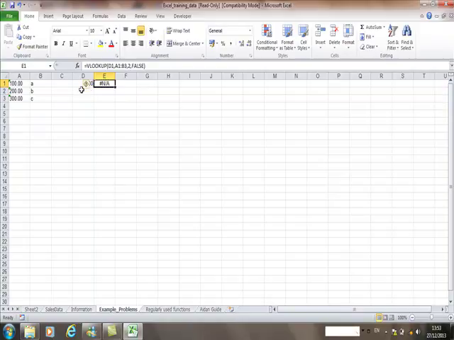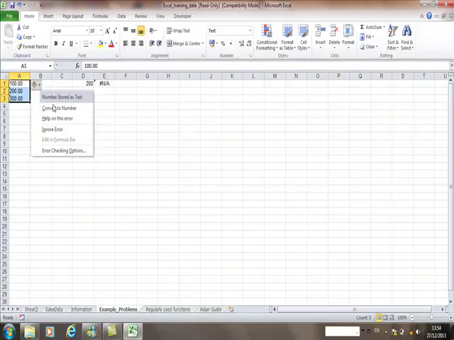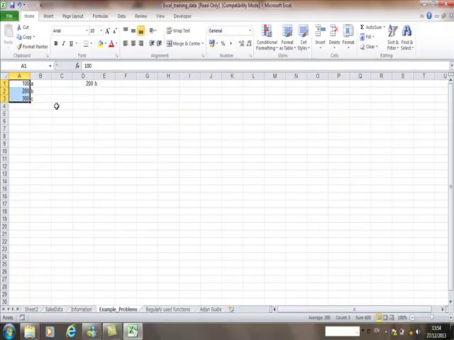What's the problem? Well, if you look in A1, A2 and A3, you'll see a little green mark. And what that's actually telling you is that these cells are formatted, there's something wrong with them. And this exclamation mark tells me what the problem is. It tells me that the number is stored as text. And it gives me an option, which is to convert to number. So if I do that,